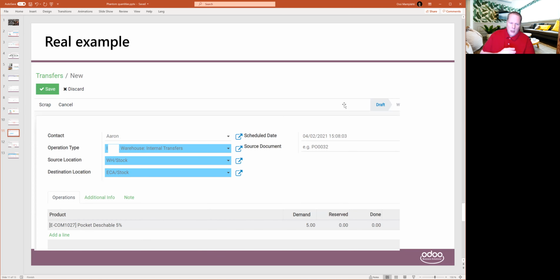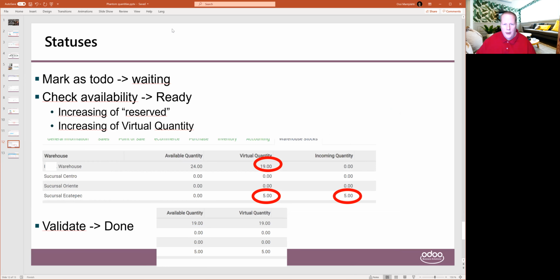Now, in order to see this in practice, we can actually program one internal transfer. And I mentioned earlier that purchases and sales are the clear cases when you can validate, but you don't do the transfer yet. The funny thing in Odoo is that this also applies to internal transfers. So if I now do an internal transfer between WH stock and Eka stock, which are 2 warehouses, then I will see the status of this one showing here, and the next one showing,